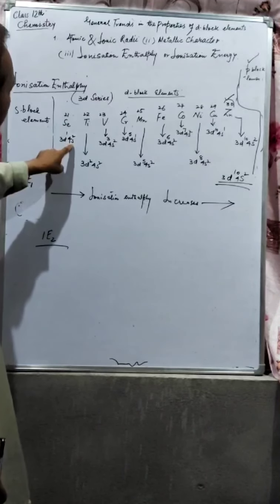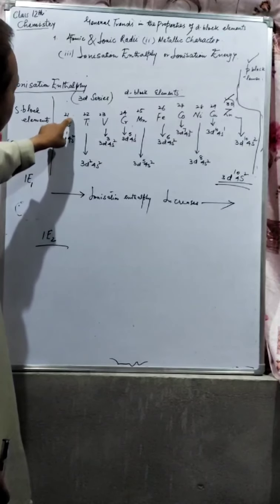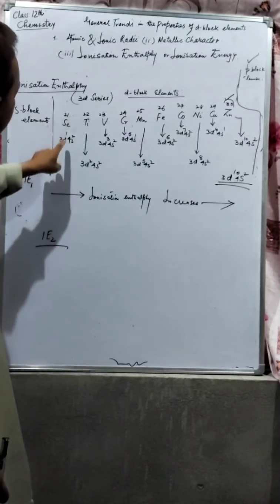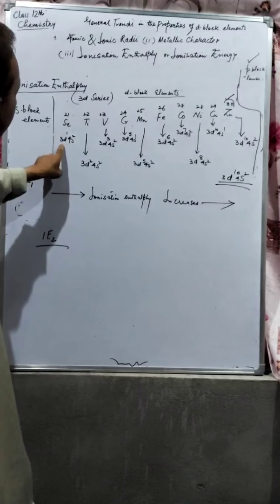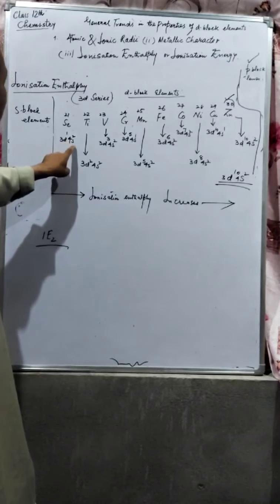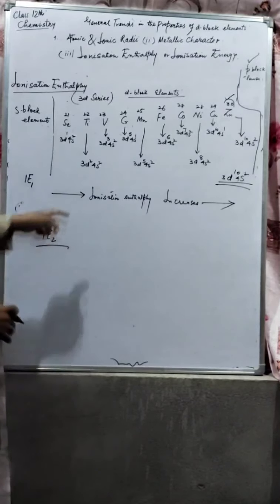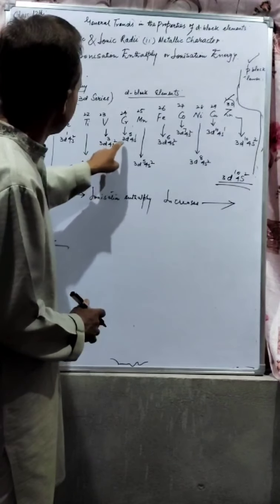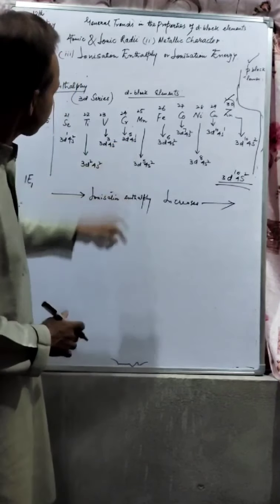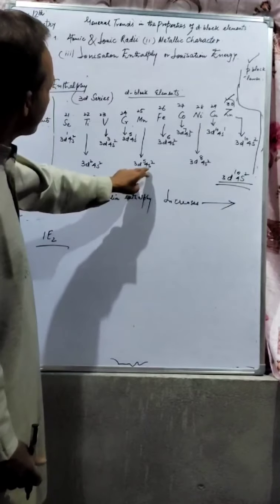When we have removed one electron, we have Sc+, and instead of 3d1 4s2, we now have 3d1 4s1 electron. Similarly, we have 3d2 4s1, 3d3 4s1, 3d5 4s1, and 3d5 4s2,